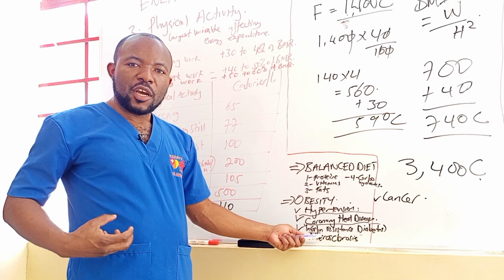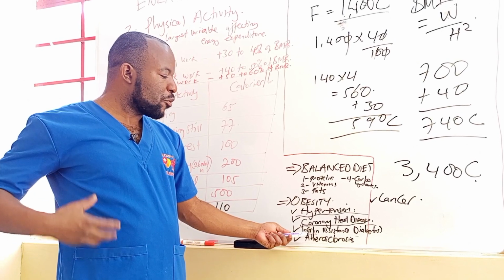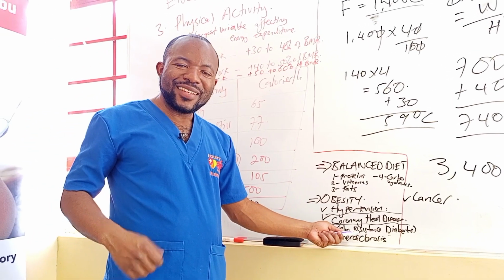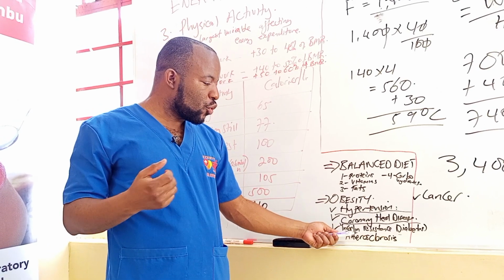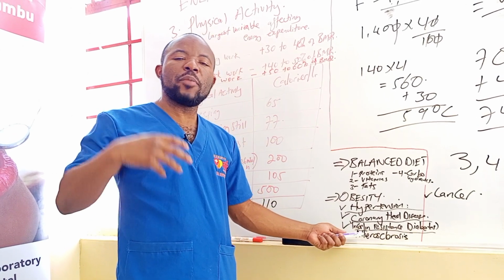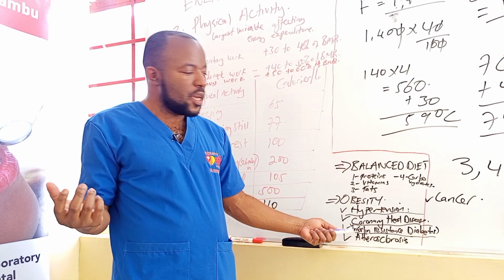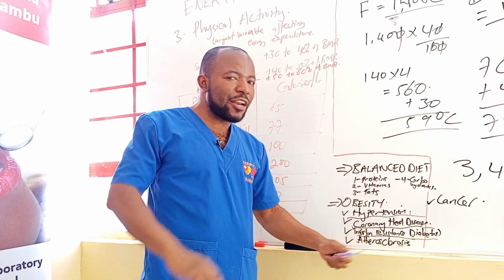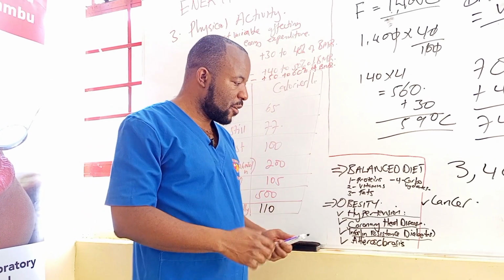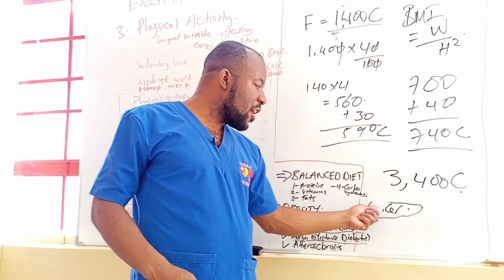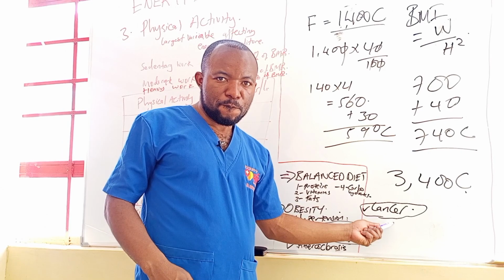Your pancreas will fail to either produce enough insulin or will produce insulin that cannot work, that cannot take in glucose. Therefore, the amount of glucose in your blood will be high, but your cells don't have glucose. So you are diabetic. You're going to get atherosclerosis. You're going to get a lot of fats in your arteries. And then finally, you're going to get high risk of cancer.